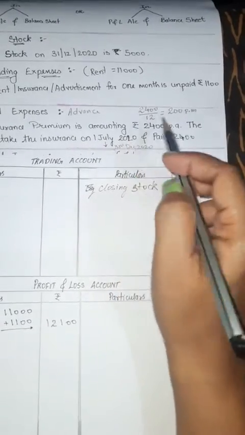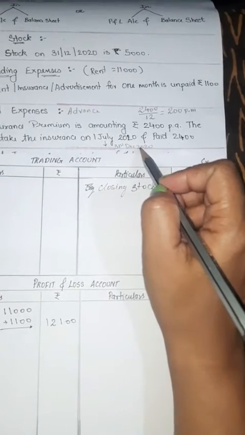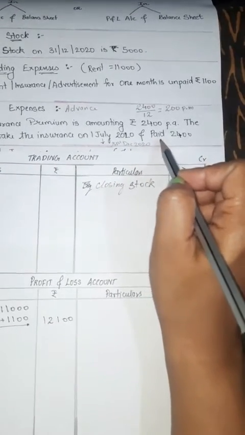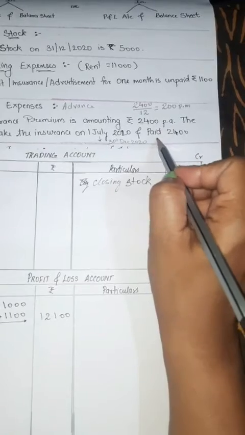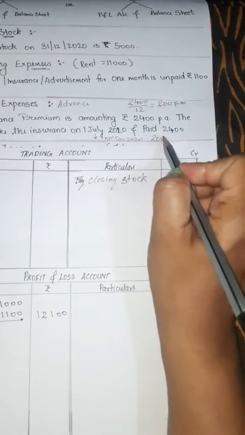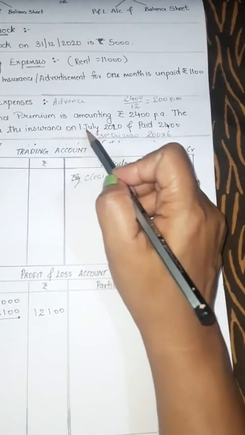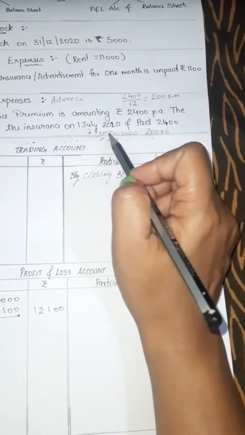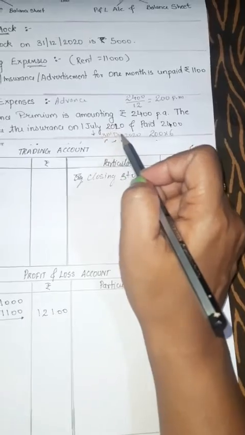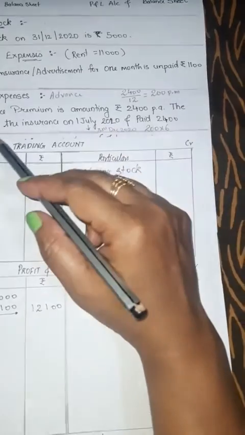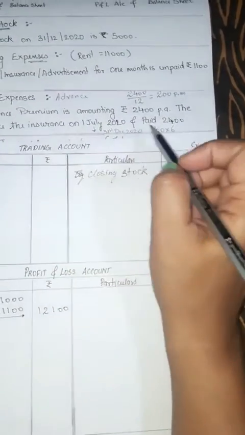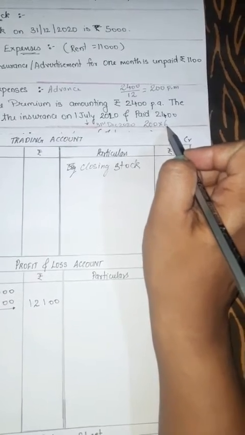So at the end of the financial year, 200 per month into 6 months, from 1st July to 31st December. It's a 6-month period that we have taken this insurance. So 200 into 6, that means